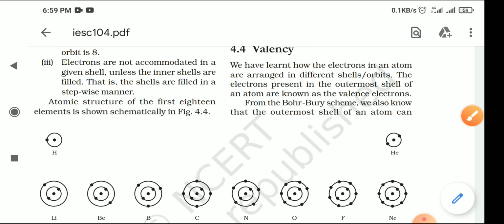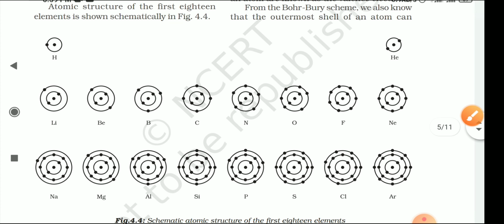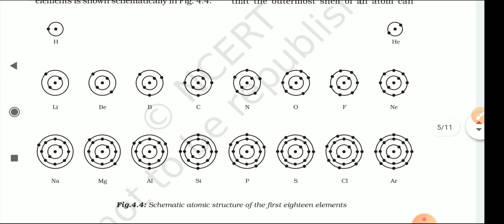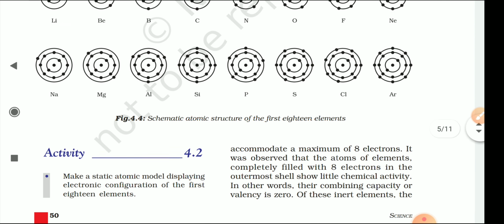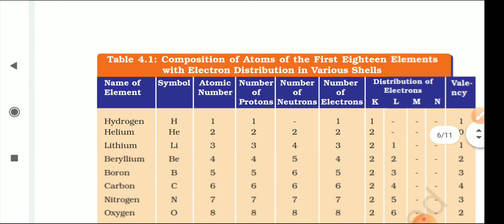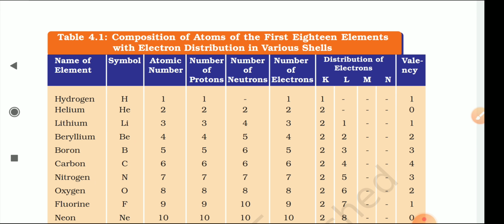So these are the different atoms, and you can see the beautiful structure of the different atoms here, and it shows how the electrons are distributed in the various shells of these atoms. So you will draw the pictures of these atoms in your classwork copy today. You have to write these two questions and make notes on valency also, on what valency actually is. And this is the table in which there are many elements; names of the elements, symbols and atomic numbers are given to you.